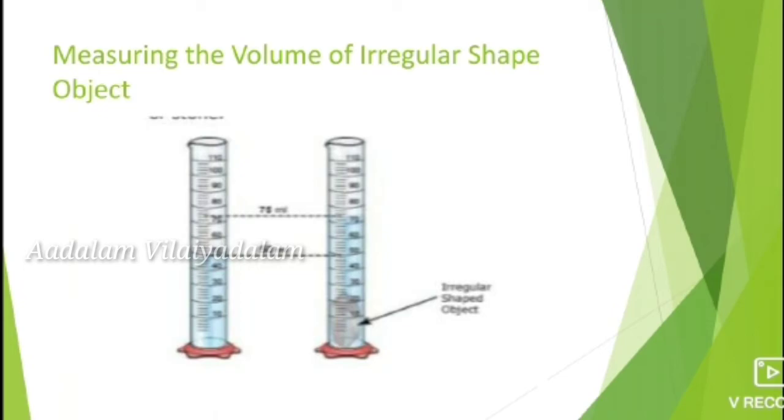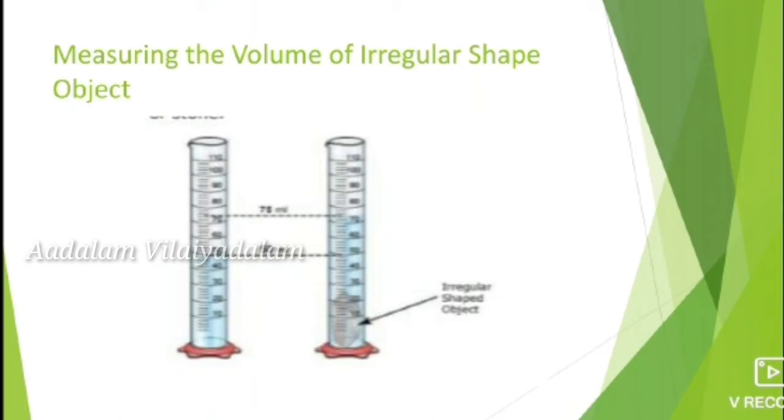When we pour the stone in water, the stone displaces some water. The amount of water displaced by the volume of stone is known as the water displacement method. First we note the initial water level. Before placing that stone, the water level is 50 ml. After we place that stone, what will happen? The water level will increase. Why does the water level increase? Due to the volume of the stone, the water level will increase.